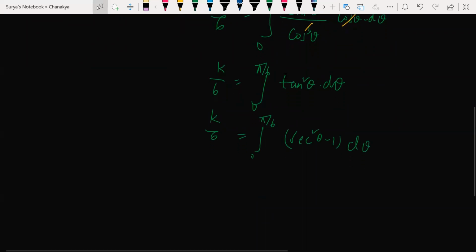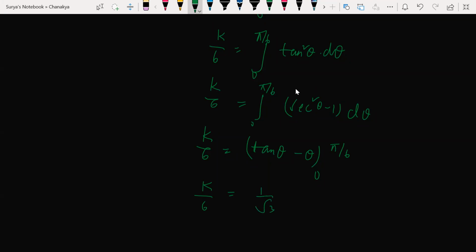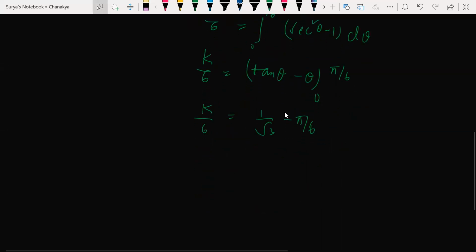Can you hear my voice, people? Yes, sir. K by 6 is equal to the integral of secant square theta d theta, which is tan theta minus theta, with limits 0 to pi by 6. So we need to find out the k value, right? K by 6 is equal to tan 30, how much? 1 by root 3 minus pi by 6. If you substitute 0, tan 0 is 0, and 0 minus 0 is 0 only. So the k value is now 6 times of